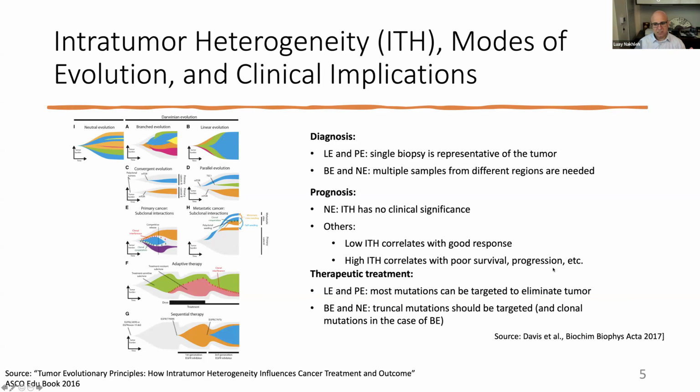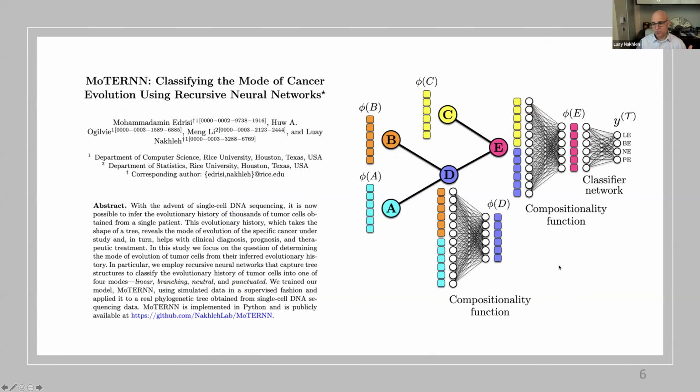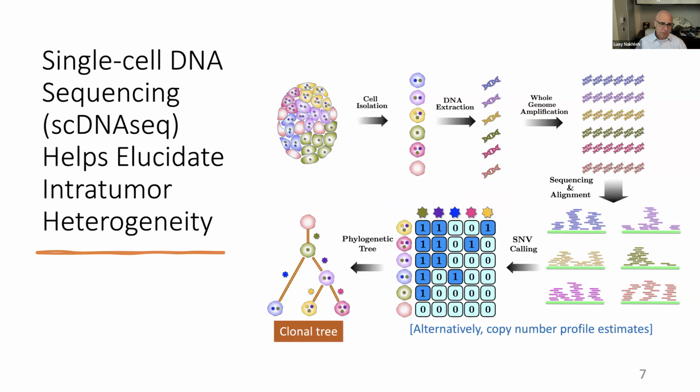We recently did some work on trying to predict the mode of evolution from single cell data, and we used neural networks for this. They are actually a natural candidate for this one here because it is, to a certain extent, a clean classification problem. We have these 4 modes of evolution that we are interested in classifying. But in general,